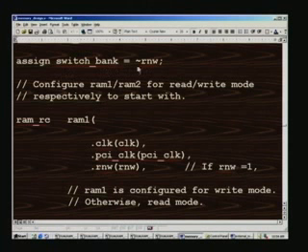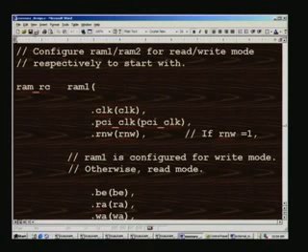and they are all basically registers. So this particular control is to configure RAM 1 and RAM 2 for read or write mode respectively to start with. That is why we need it here, and this will be more clear when we really go into the actual module. So now we are in the dual RAM, this is the top design, and we are going to call a sub module such as RAM RC, which we will see later, and here we call this design twice, once for invoking RAM 1, and all the IOs are listed here,